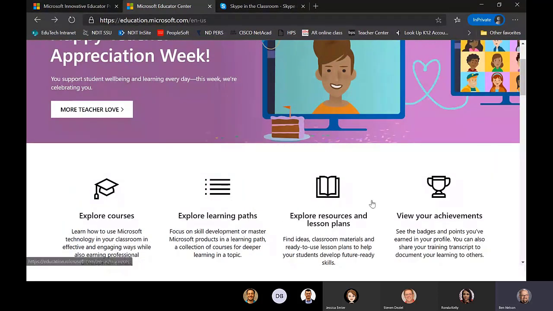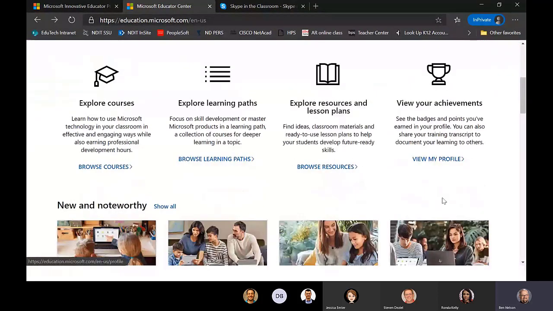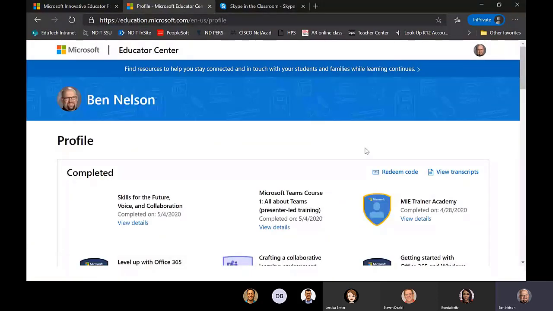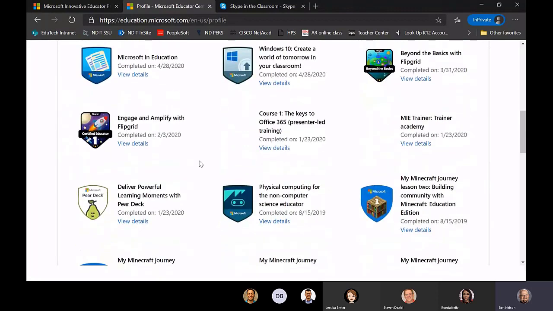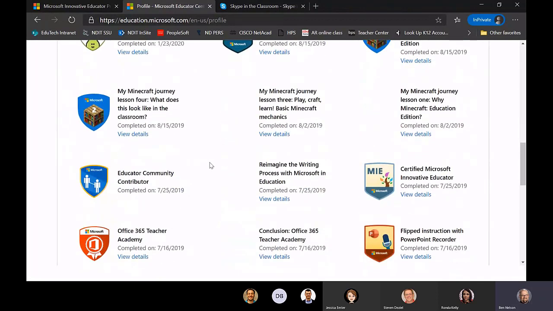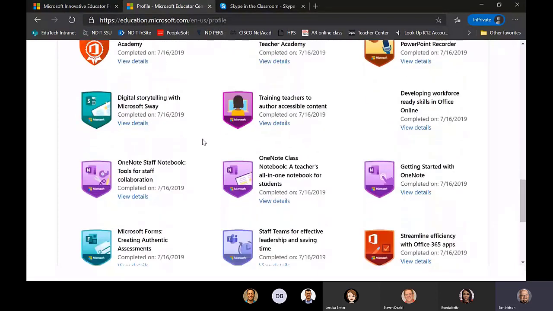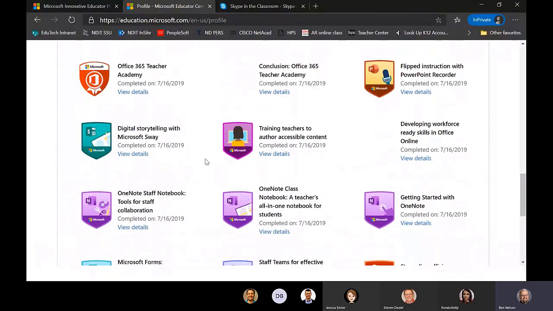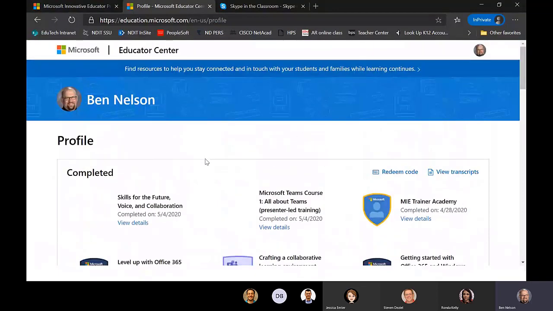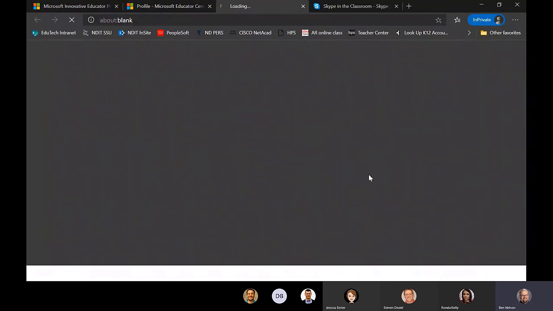So if we go back up here and take a look, first of all, your achievements. All that is your profile on the Microsoft Educator Center website. What that has here is all of the courses that you have successfully completed on the Microsoft Educator Center. They give you badges, and there are points involved and all sorts of different things. Some of the nice things with the achievements: number one, you can see which courses you have already done, obviously, but also if you click on where it says view transcripts,